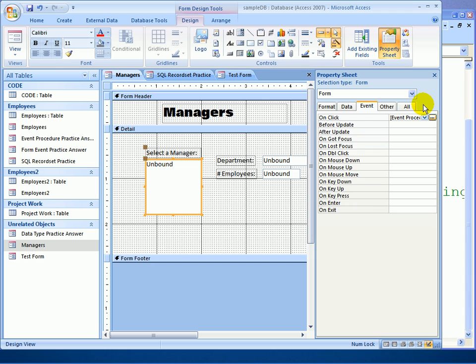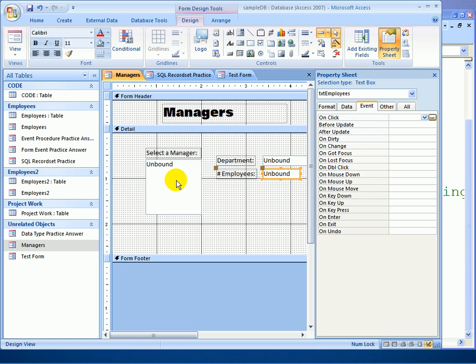In this lesson, I'm going to finish the sample use of a record set that I'm using on the manager's form in the sample DB database in the work files folder of this course. What I'm doing now is setting up for when a user selects a particular manager's name in the list box. It will read from the record set the department that manager manages and the number of employees managed by that manager and put them into the appropriate list boxes, whose names are text department